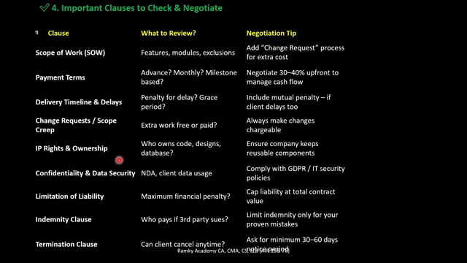IP rights and ownership. Who owns the code, design, and database? Certain times the supplier will give the complete need of the IP rights for utilization of the project and to deliver the required project. At that time, any IP rights used by the supplier, the supplier is the owner and has complete rights on that IP, and is using that IP only for delivering the services here. At that time, we need to clearly define the usage and the rights and obligations of the IPs, intellectual property rights, they are using in the project for delivering the